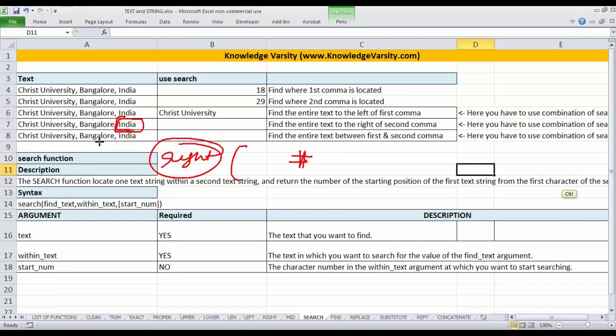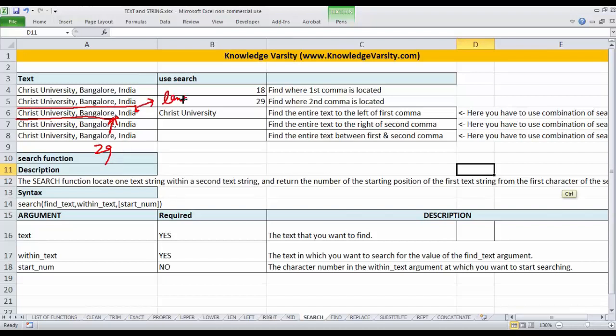One way to get this number of characters is, I know that up till here is 29. Can I know the total up till the end? Remember we have the len function. The len function will give me the total length, and the difference between the two will give me this value.